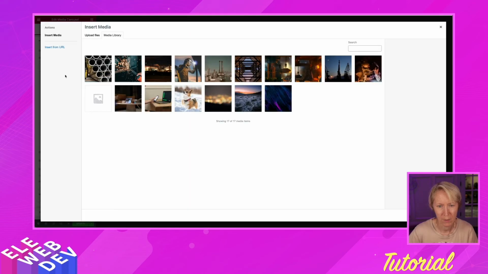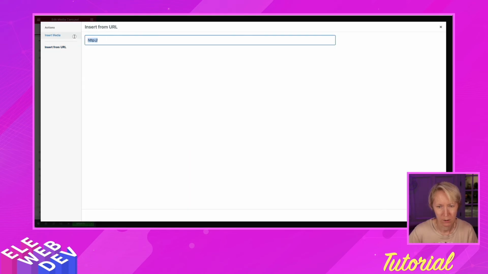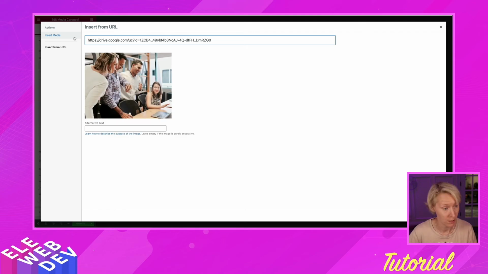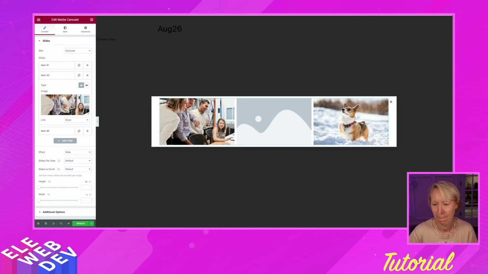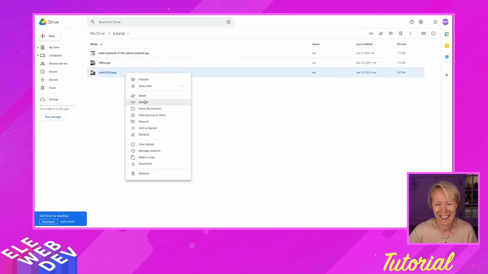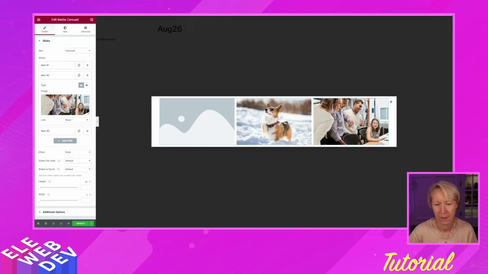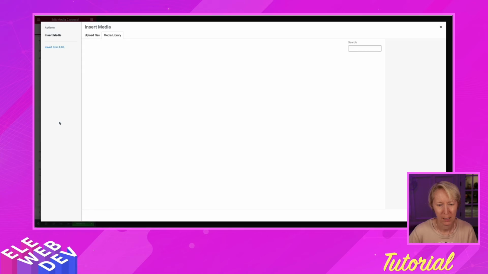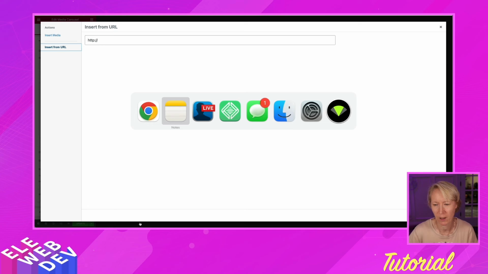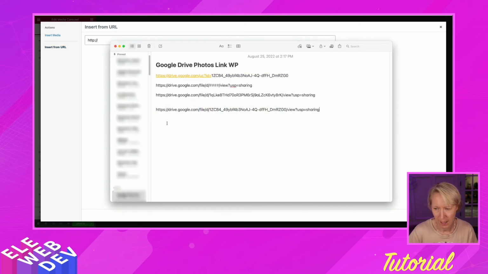go to choose image, insert from URL, paste the image, it should load. There it is. Insert media. There it is. All right, let's go get our third, and we will right click and get link and copy the link, and we'll go back to our pop-up and we'll go to number 3. We will choose image, insert from URL, but we have to transpose our link. So I'll paste my link in here,